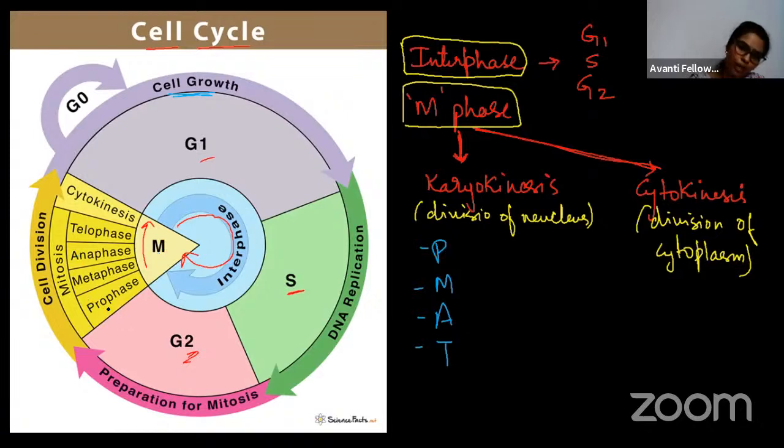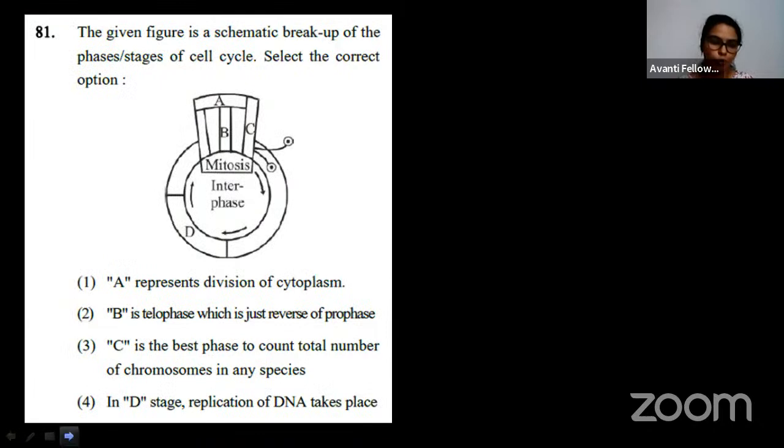So here what happens? Mitosis will occur in these stages. Okay, so first it starts with prophase, metaphase, anaphase and telophase. So cytokinesis is the last, and then again we enter into the cell cycle. Okay, so this is what. ठीक है, तो अभी क्या होता है? प्रोफेज में what happens? You have already known this, you have studied all this. I'm not going to repeat it. ठीक है, मेरे बच्चे बहुत चालाक हैं, आप एक बार जाके रिवाइज कर लेना. नाउ लेट अस गो टू द ऑप्शन. हम लोग यहाँ पे ऑप्शन देखेंगे.